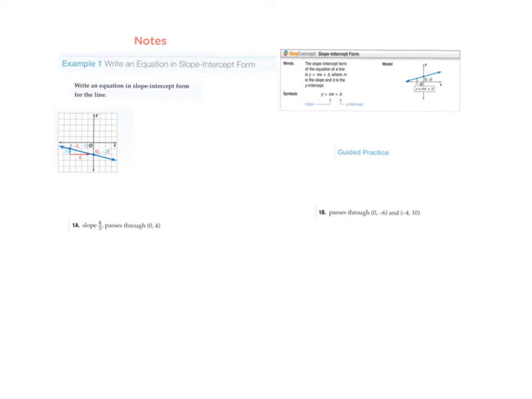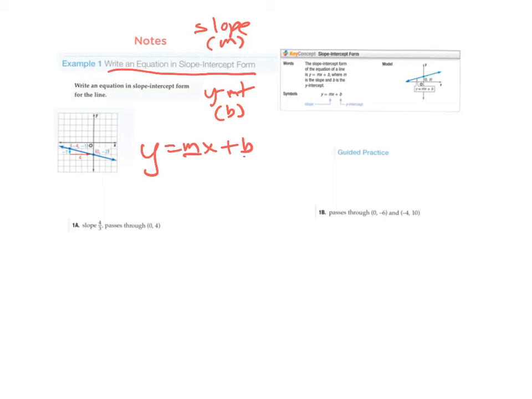So now we're going to write an equation in slope-intercept form. And to do that, we just need to know two things. We need to know the slope, or m, and we need to know the y-intercept, which is often the b. So we're going to write our equation y equals mx plus b and look for those two things in our